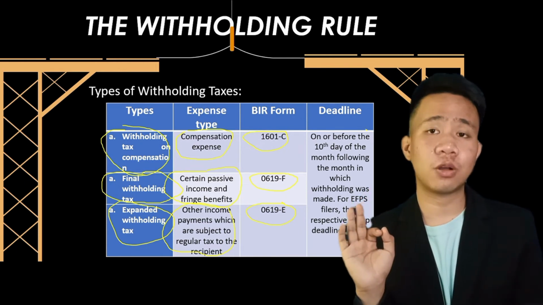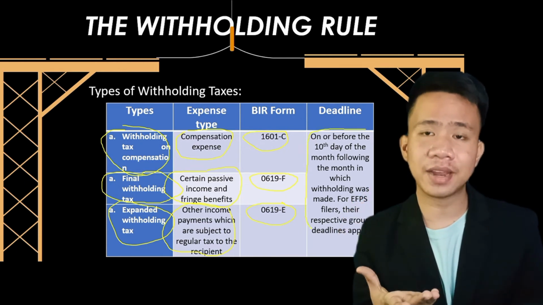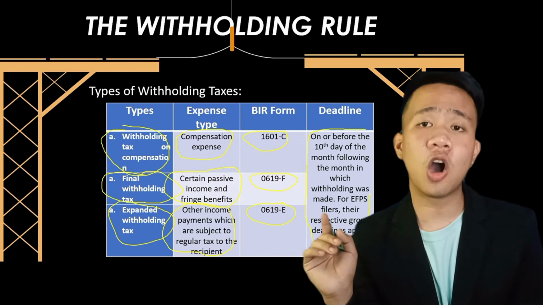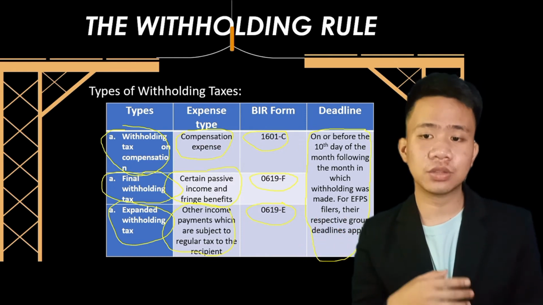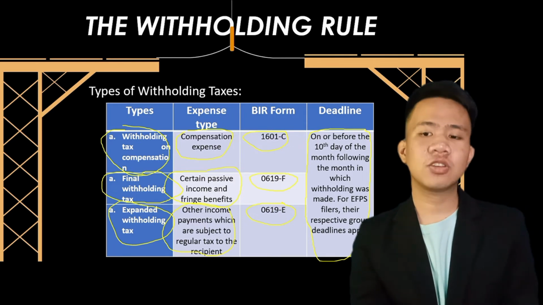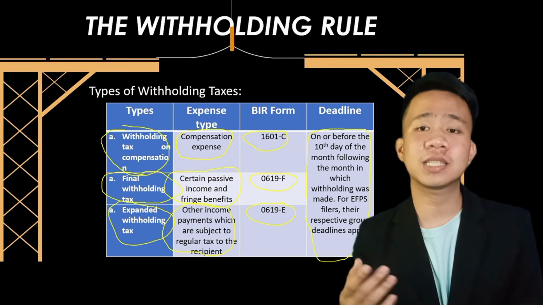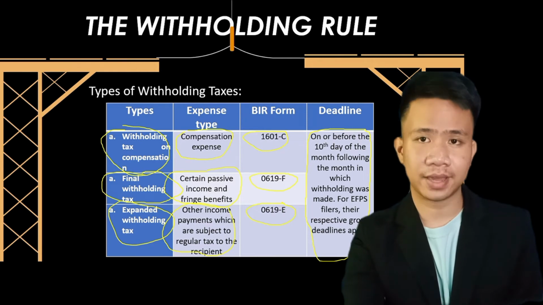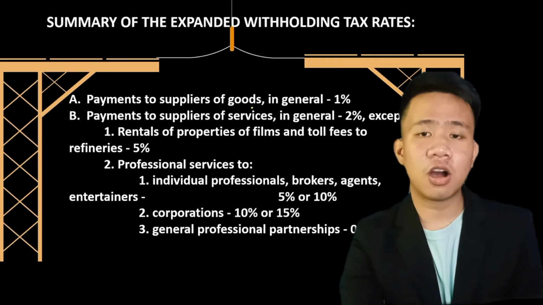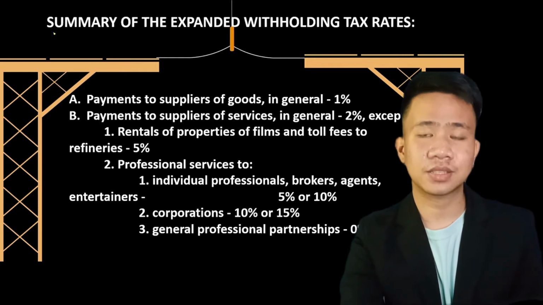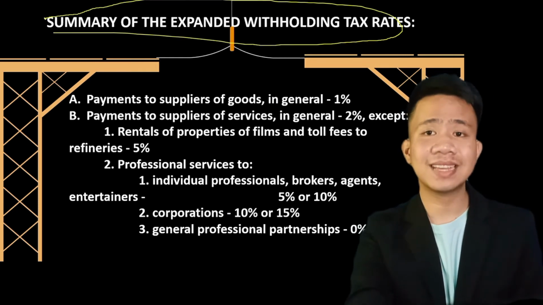These three types of withholding taxes have the same deadline, which is on or before the 10th day of the month following the month in which the withholding tax was made. So for eFPS filers, the respective groups' deadlines apply. So let us now proceed with the summary of the withholding tax rate, or the summary of the expanded withholding